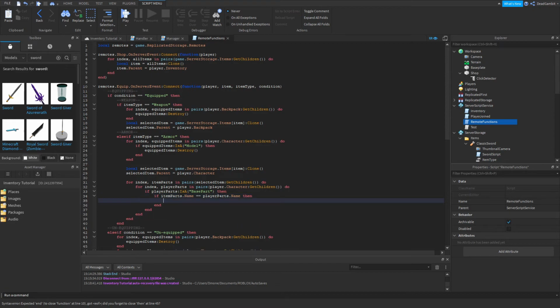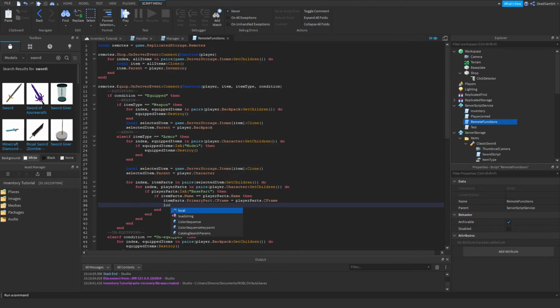Then we'll do item parts.PrimaryPart.CFrame equals player parts.CFrame, put in a weld